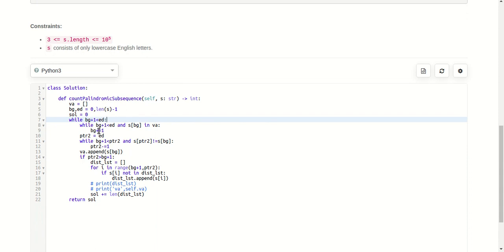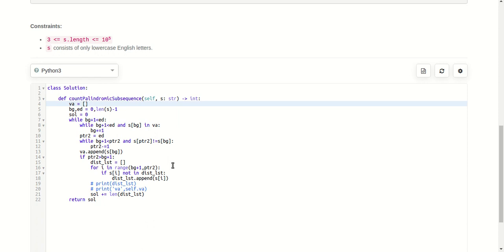If bg plus 1 is less than end and the string character at the beginning index is in VA, then we will keep on incrementing bg until we get a bg, beginning index, which is not in VA. VA means visited array, the array of visited characters.